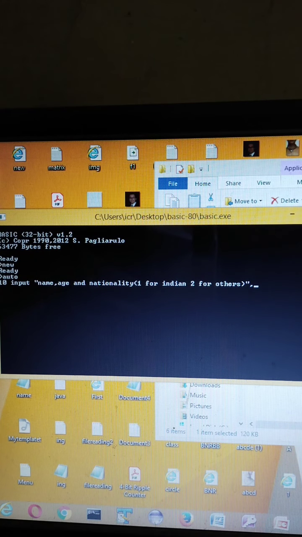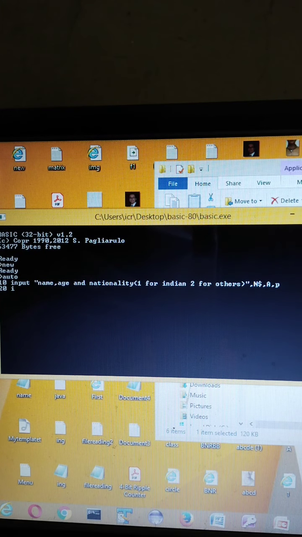Name will be taken in N$, age in A, and because nationality is being entered as 1, 2, 3, this is also an integer. Suppose the nationality that we are taking is in P.